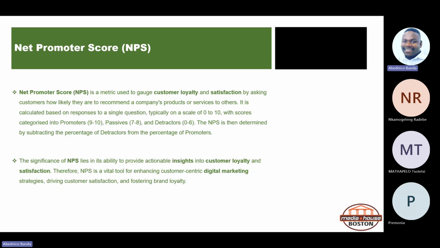For example, if you called Vodacom because you've been having a problem with your SIM card, and the issue is that the SIM card up to now is not being solved, and you decide to rate it 5, even though the lady you were talking to was very friendly, was talking to you nicely. So does that mean that it is because of that lady that the rating was 5 or not? So this can be simplified. You can actually have two surveys at the end of the call. One for the lady that you engage with, you rate her out of 10, like how she solved the issue. Then another one for the issue that was actually brought forward, whether the issue was nicely solved or not. Oh, okay, I understand now.